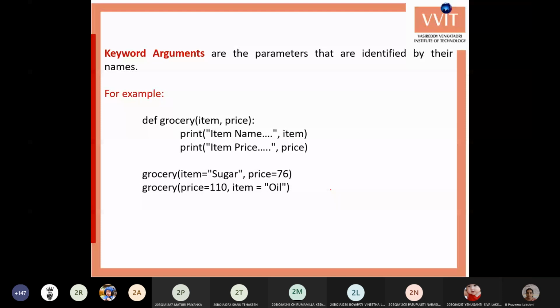Now note down the keyword arguments. With this we will stop today's class. Put the side heading as keyword arguments.